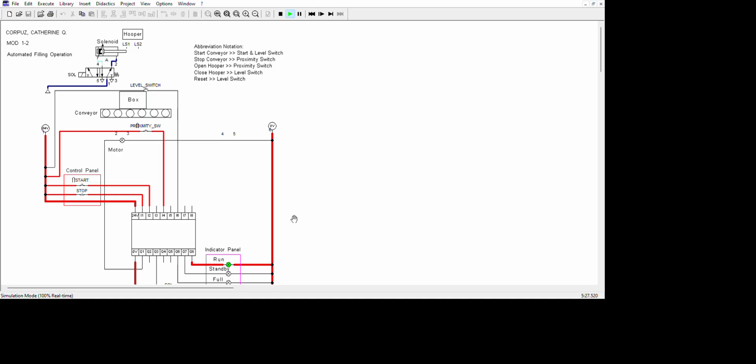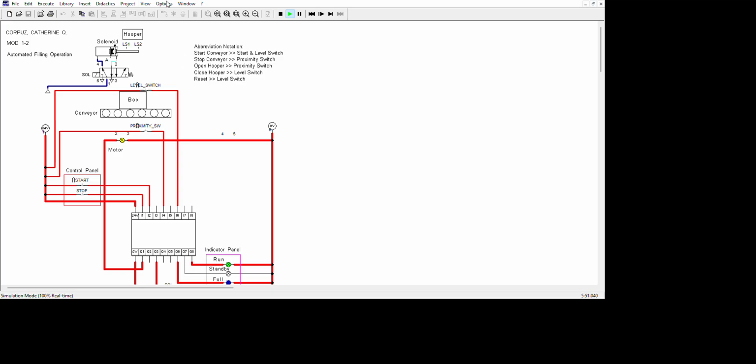Imagine it is now filling the box. The run indicator is still turned on. Then once the box is full, it will trigger the level switch. When I click the level switch, the full indicator turns on. The solenoid moved to the LS2 position. The hopper is closed.